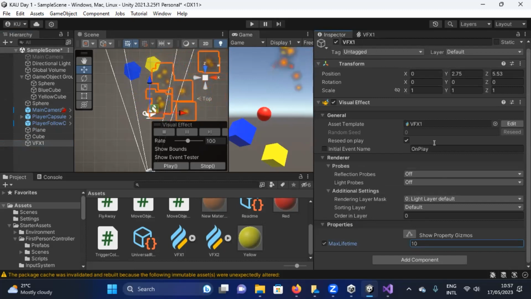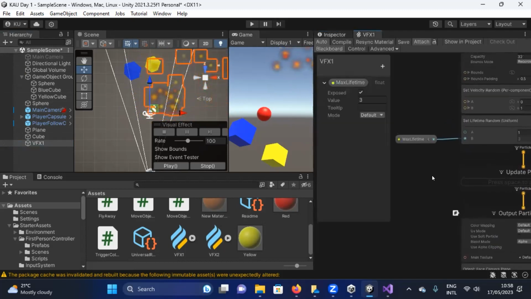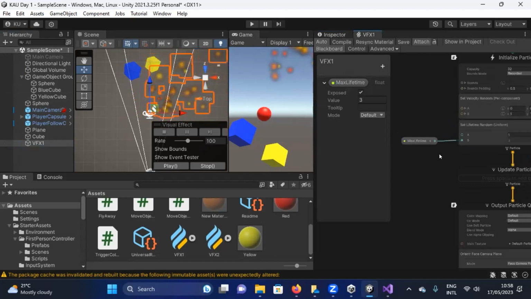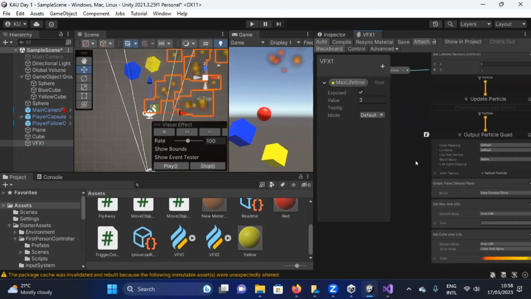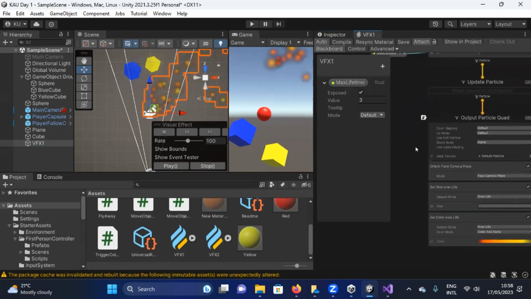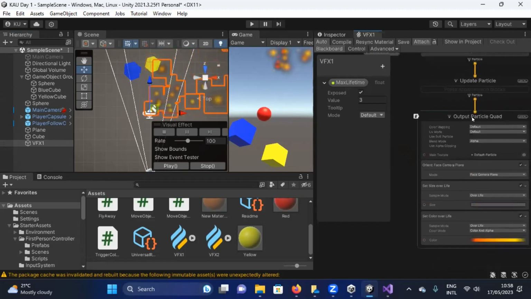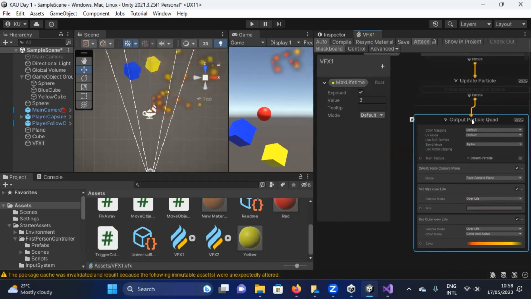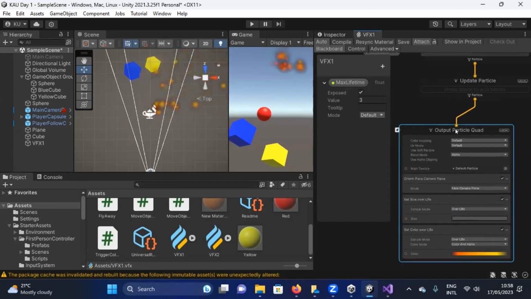So this way, the visual effect can communicate with the rest of the scene. So coming back to the VFX graph itself, what are the other options we can, or what else can we do with our particles? So, I said that we can, for example, change the output type, the visual representation of the particle, and